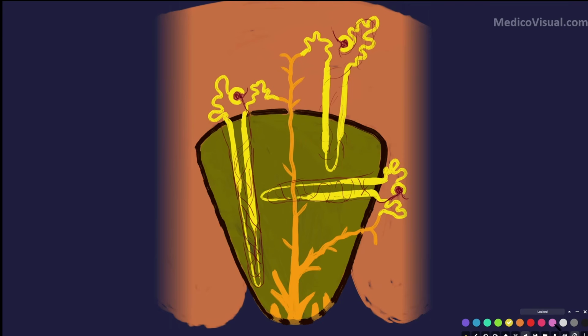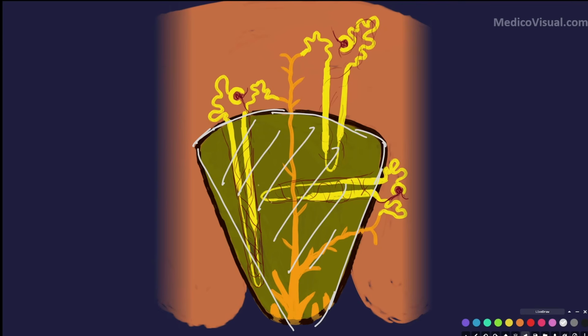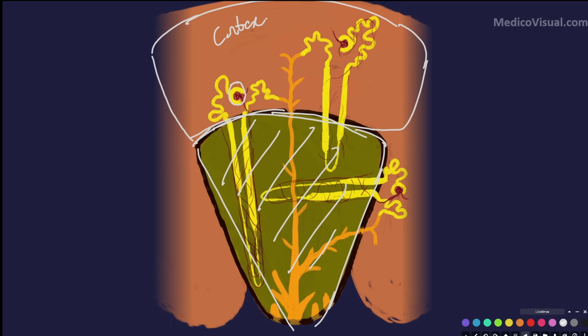But here is one thing that I want you to understand. Here is the medulla. The pyramid is basically part of the medulla. So this is the medulla, and above that is the cortex. The cortex basically consists of the renal corpuscle, proximal and distal convoluted tubules, and even the collecting tubules and collecting ducts. But the renal corpuscle and proximal and distal convoluted tubules are almost never found in the medulla. Keep that in mind. So this is cortex, this is medulla, and what is this part?